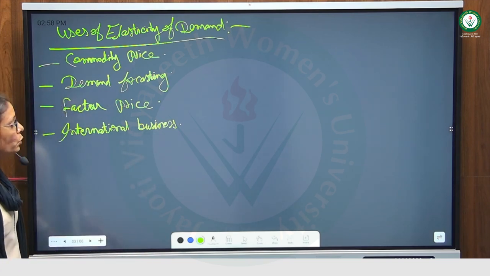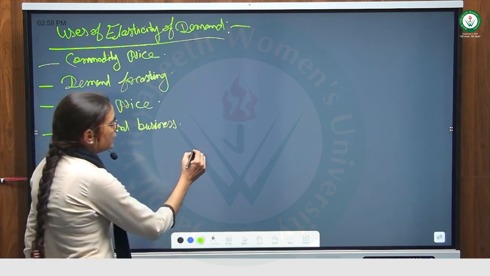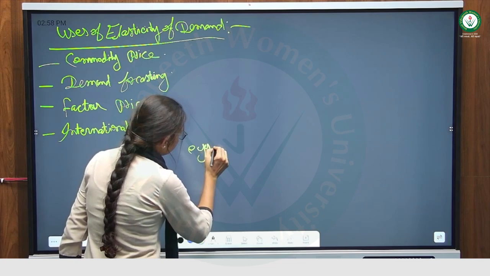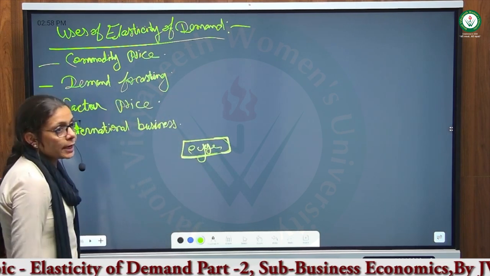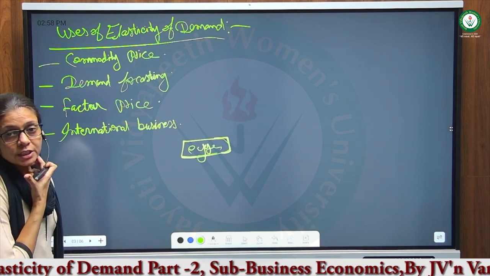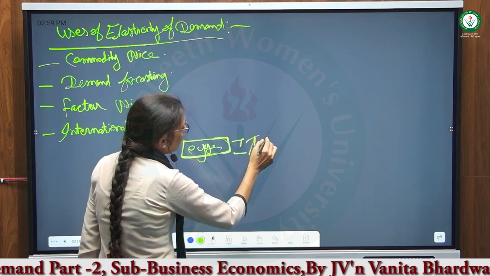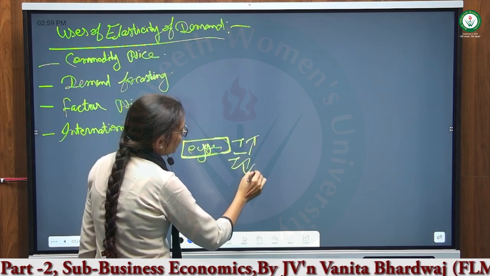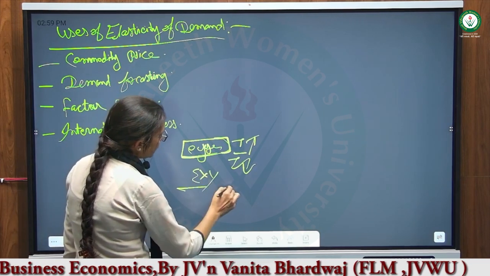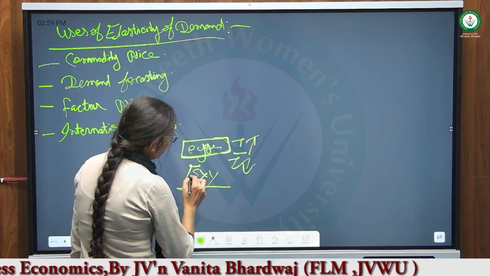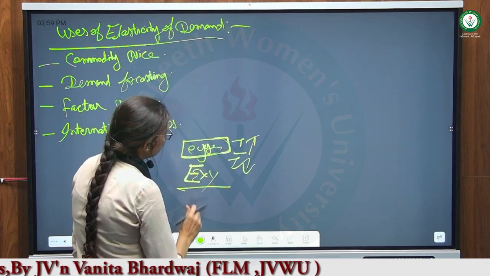First, we want to know how much change, and to what degree, takes place in demand according to price changes. And second is the income effect. No changes take place in the prices, but if the income of the consumer increases, what will happen? And if the income decreases, what will happen? And what about the substitution effect of X and Y commodities? This is studied only through the elasticity of demand. That's why we are studying elasticity of demand.